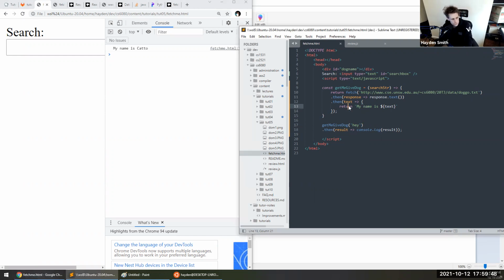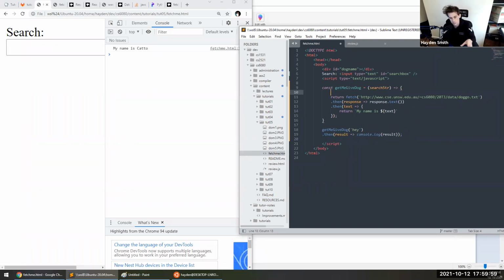oh, it does. Of course this does, right? I've been making this up. So this example works fine because it just returns the text, and if you return a non-promise, it just resolves. But my point here is that if you need to do something more interesting, which I don't have an example for you,